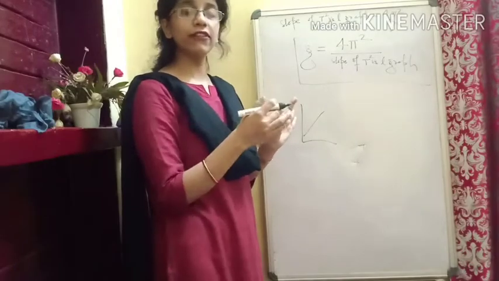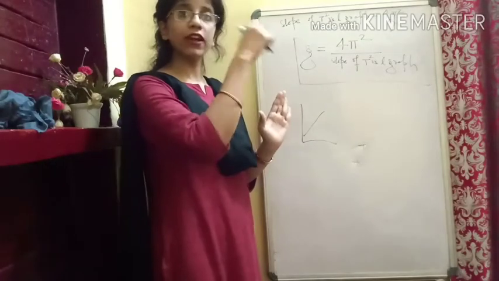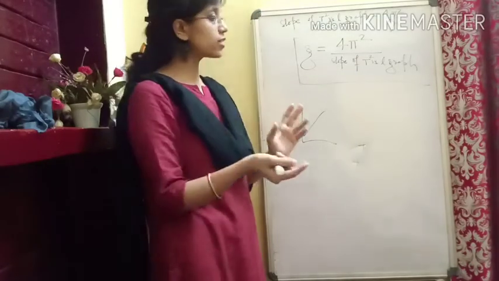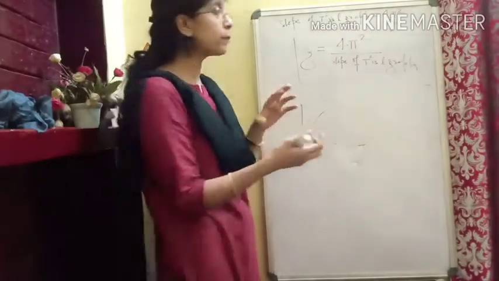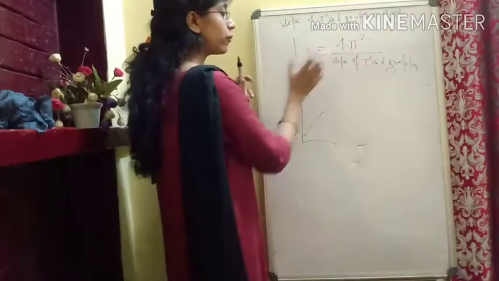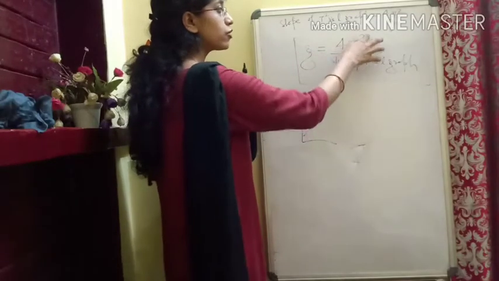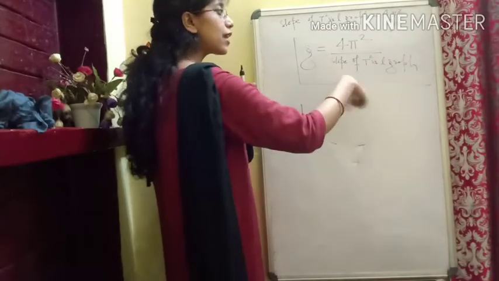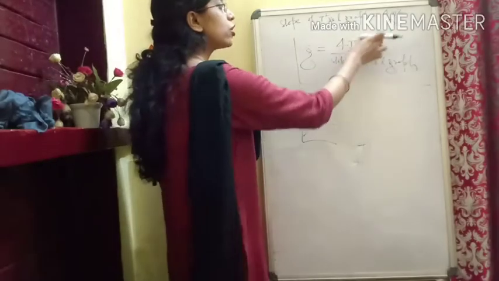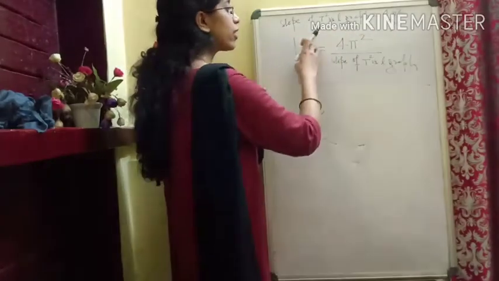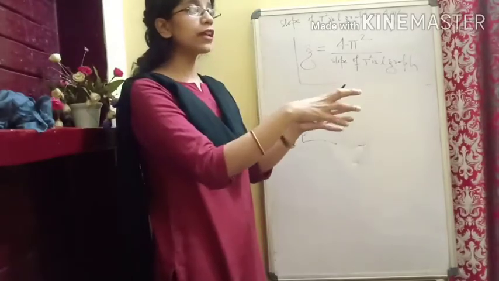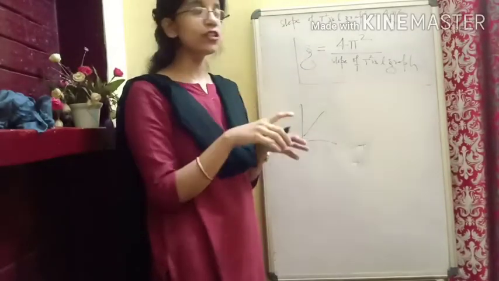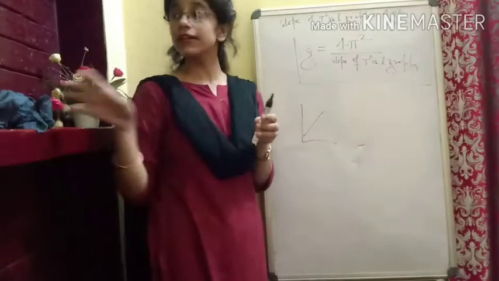Yes, just now we have learned how, using the formula (y2 minus y1) upon (x2 minus x1). So we will calculate some slope, that value will come. And when we apply the formula g is equal to 4 pi square upon slope, this value will give you the value of g. So that means using a simple pendulum at a place, we can calculate the value of acceleration due to gravity.